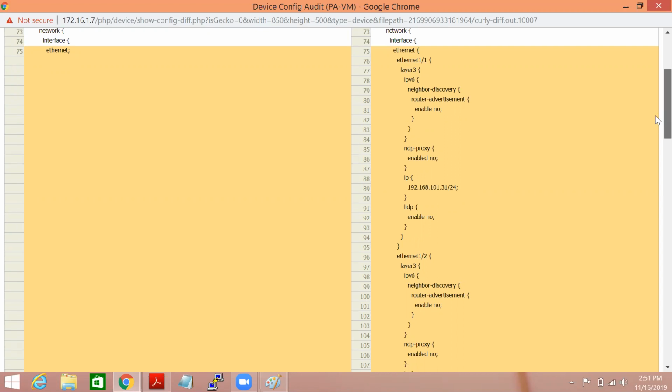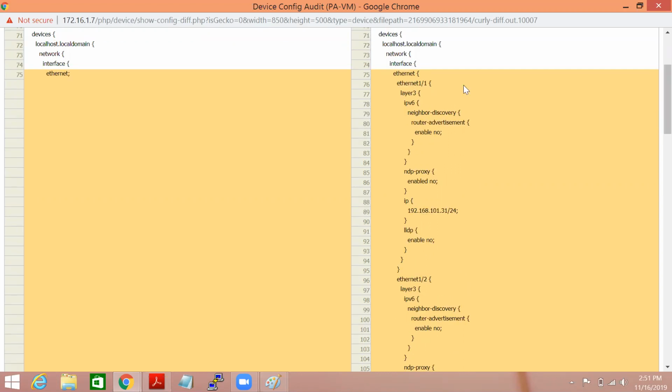yellow color, meaning we did some kind of modification. We performed some changes. We did configuration on interface Ethernet one by one. We made it layer 3 and configured IP address 192.168.101.31.